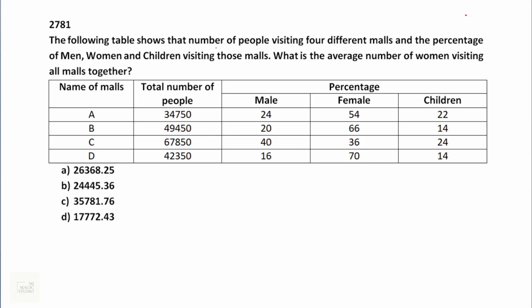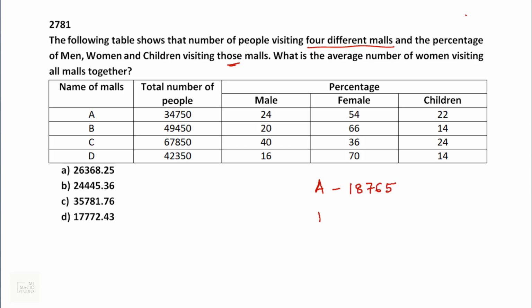The following table shows the number of people visiting 4 different malls and the percentage of men, women and children visiting those malls. What is the average number of women visiting all malls together? Okay, we first need to find out how many females are visit these individual malls. First one would be 34750 into 54%. I'm using calculator value. That will give me